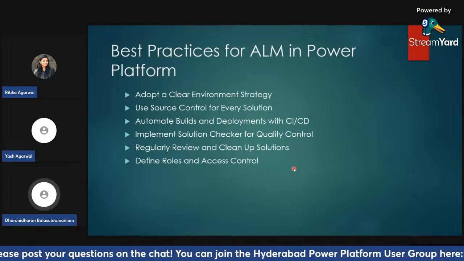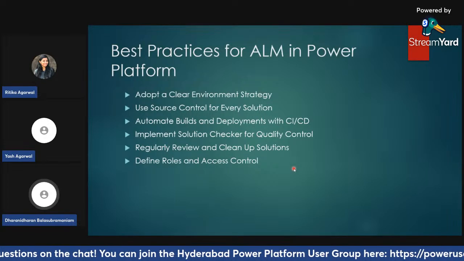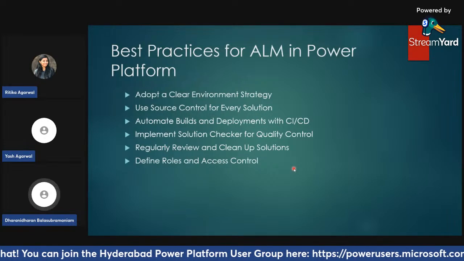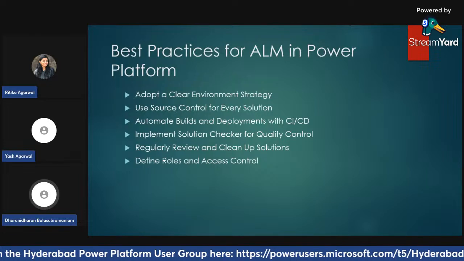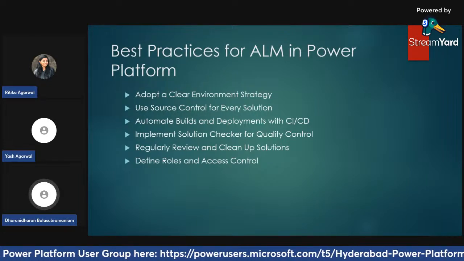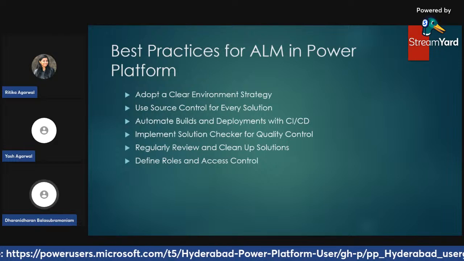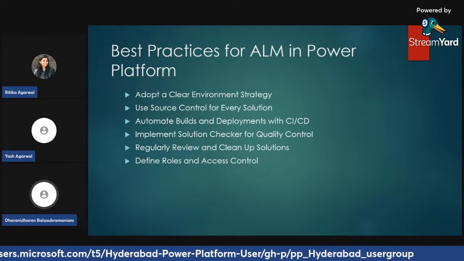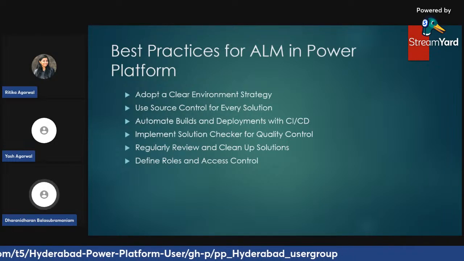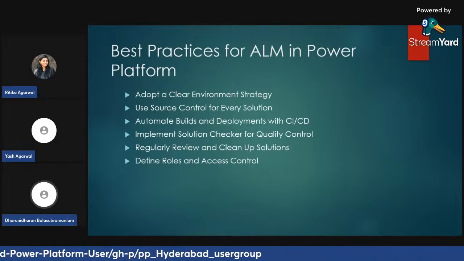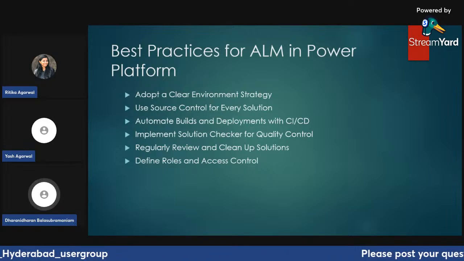And we need to commit the code regularly with descriptive commit messages. And also we need to follow the branching strategy to avoid conflicts, and use the Power Platform Build Tools to streamline the deployment process across the environments, and also to reduce the manual work. We can automate Power Platform deployments with the CI/CD tools, and this Power Platform Build Tools is a Microsoft one and it is free. You don't need to pay anything for it.